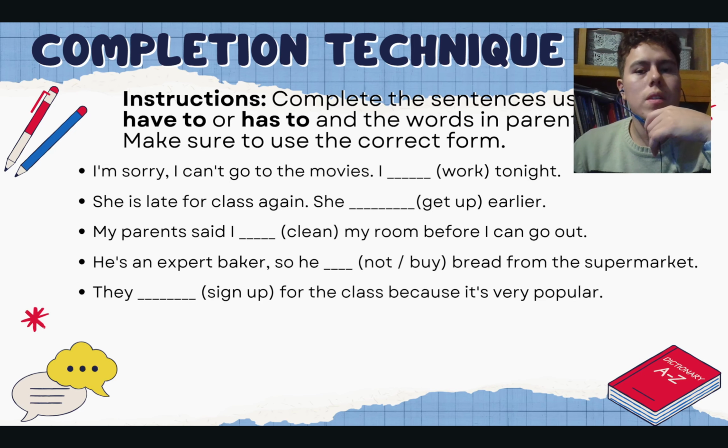Okay, the first one is the completion technique, in which I put these instructions: complete the sentences using have to or has to and the words in parentheses. Make sure to use the correct form. So in this case, I put some sentences with blank spaces and the verb that they have to use in each sentence. This is a common grammar task that we teachers can use to assess the students, and I like this